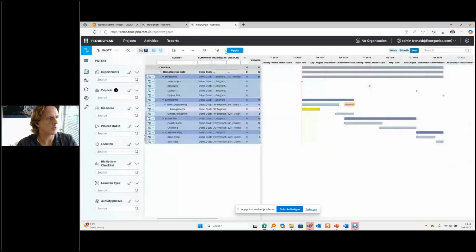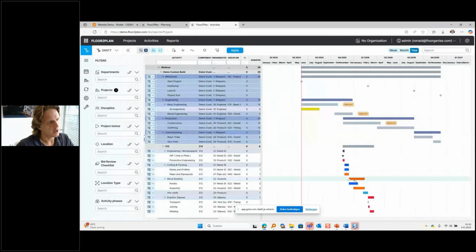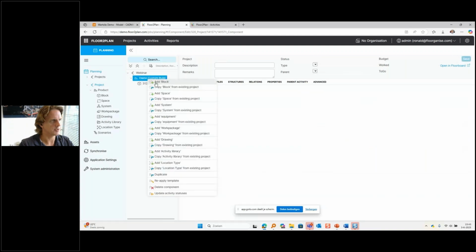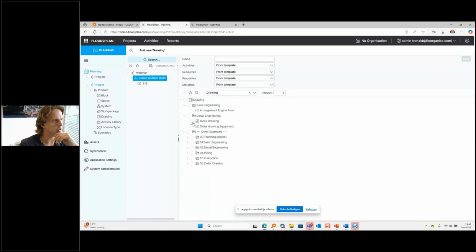If we take a look at the Gantt chart, we can see that this 312 block is already automatically aligned and positioned in accordance with the start date of the construction phase. So those two elements are in conjunction. What now happens oftentimes in a normal shipyard is that the engineering activities are broken down in granular detail by the engineering department, similar to production, and then you get two different plans. For instance, in the engineering department, there's a recognition of the need for a block drawing, and this 312 hull block drawing is scheduled